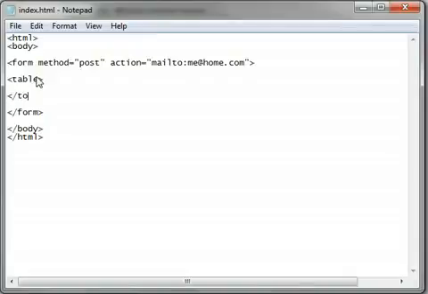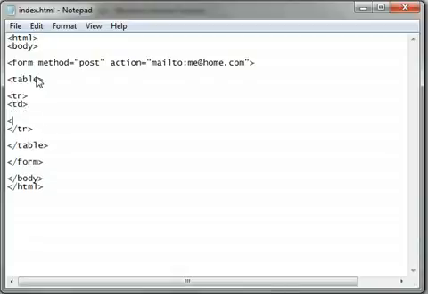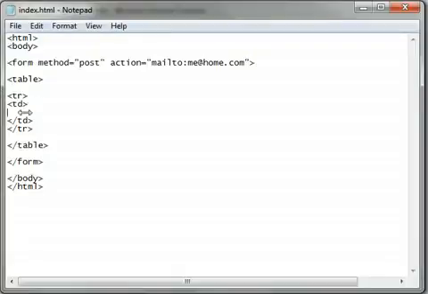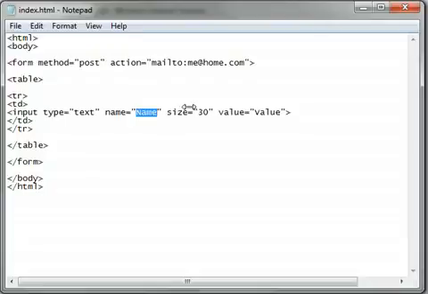For example, you can see that I'm starting to, if I could type, create a table inside of a form. Now what this does is allows me to split the information in a manner that the user will be able to read and understand what they're supposed to do. For example, we will just simply copy from another page here. I'm cheating for the sake of time. We will just paste a field in here, or an input called first name,